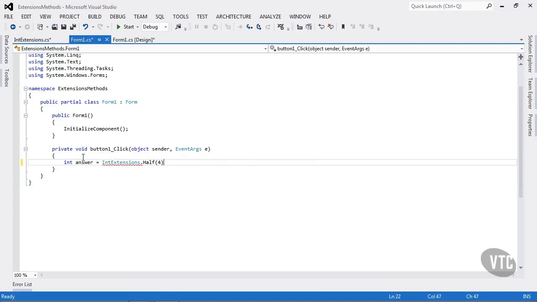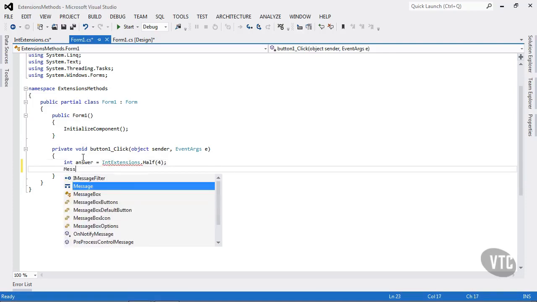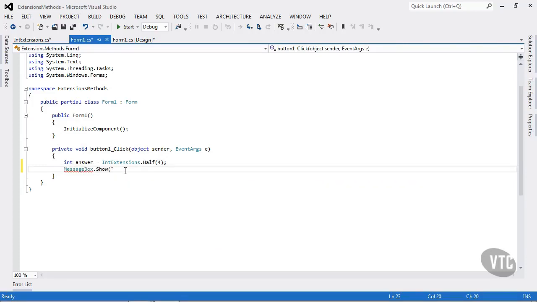Then we're going to do a simple message box show, and we'll concatenate answer to see the result. Okay, so I'll execute this,